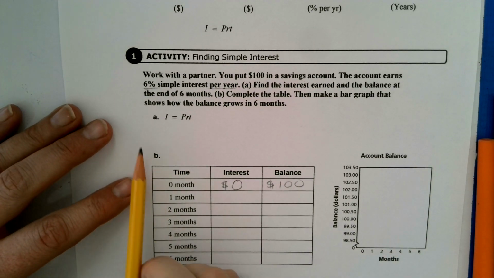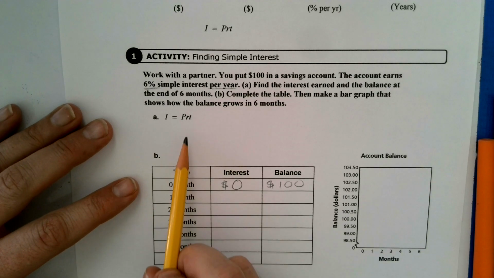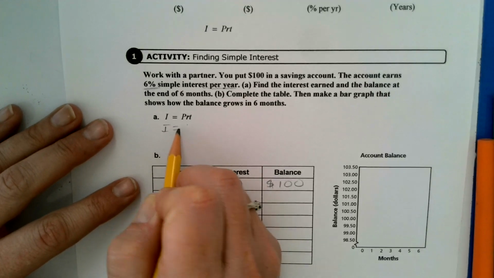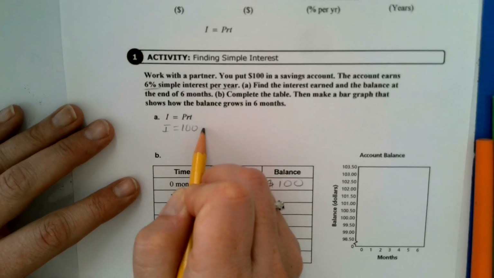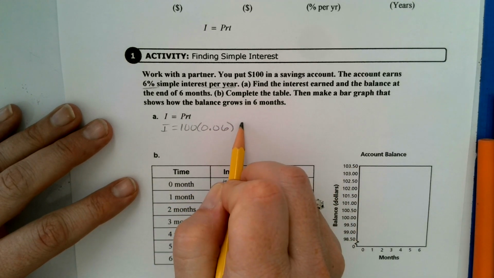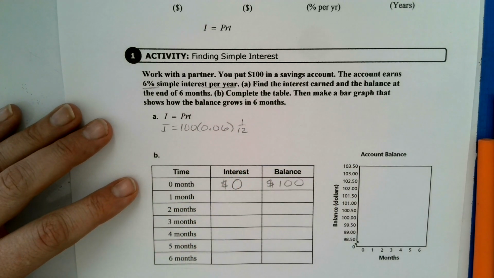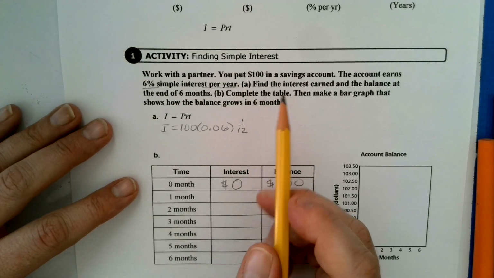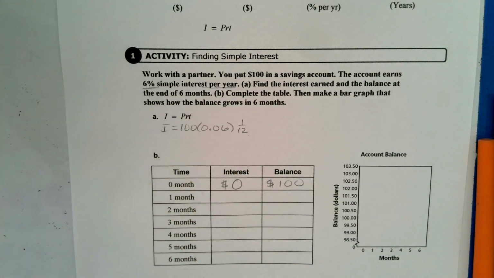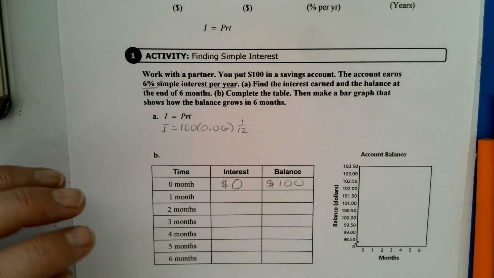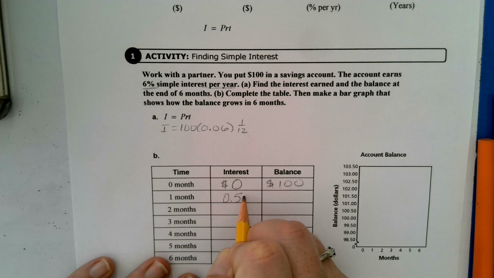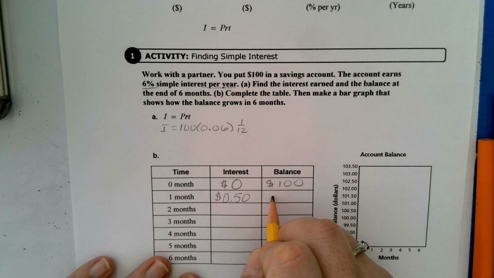Now, if we are working our I equals P R T formula, you remember time has to be in years. So we're going to calculate the interest by saying our principal is $100 times the interest rate in decimal form, 0.06, times 1/12, because we know our time has to be in years, but it's only after 1 month. So we're going to plug all that into a calculator and figure out how much interest we have. All right, after 1 month, you have 50 cents in interest. So your balance is